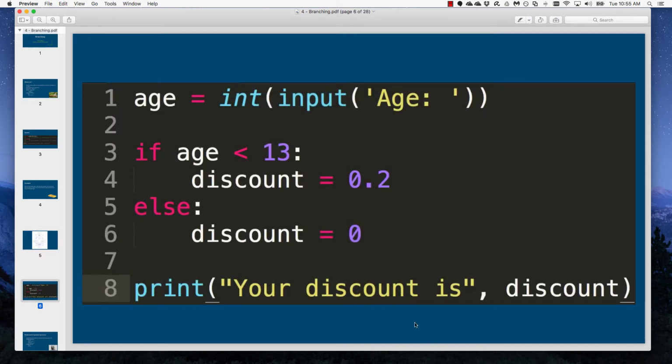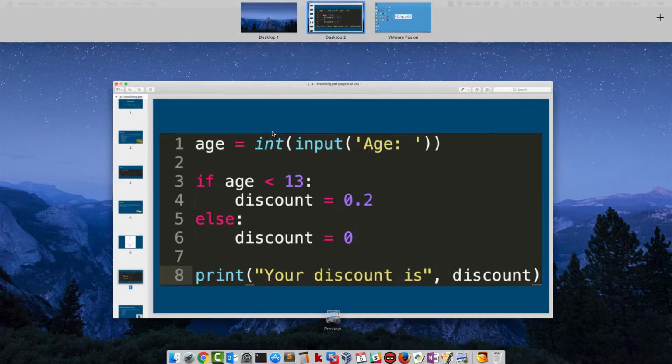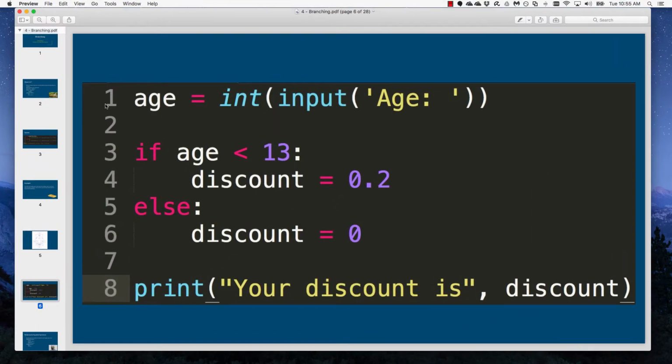Okay, so let's walk through it one step at a time, following the same thing here. Line 1, age equals input age. And since we're going to be comparing age to something, another number, we need for that age to be an integer. So that's why this input's wrapped in int. Then we immediately go into our diamond, our if statement. If the age is less than 13, colon,